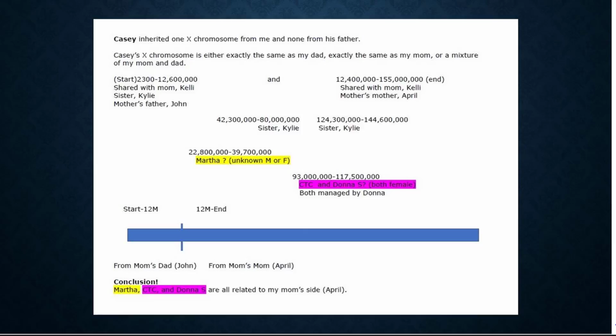And then we start determining which piece came from which person. You may not know. If you don't know whether it came from mom or came from dad, you at least know it came from 2 places. So you don't know necessarily which is which yet, but you know that it eventually comes from 2 places. So this is what I mean by just kind of being organized, writing down some numbers, looking at it, analyzing it. And eventually I got to the point, we'll go down to the end,